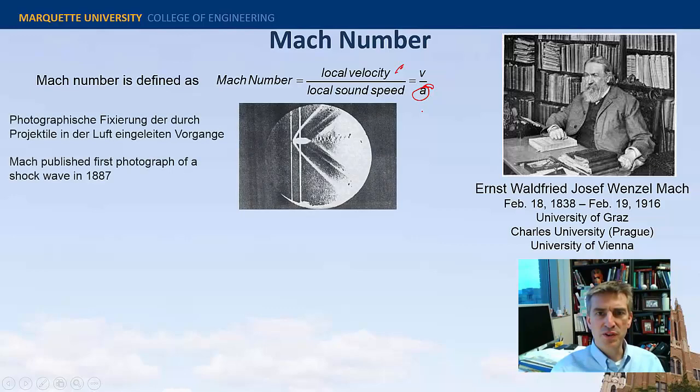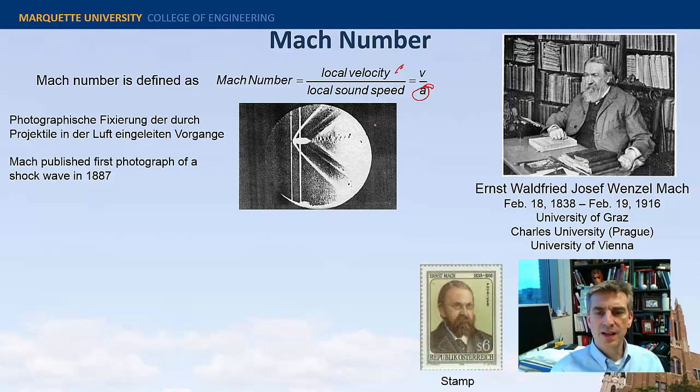Now, before we go too much further, we should credit Mach. This is the first photograph that Mach took and that anyone had ever seen. This is the first photograph showing a shock wave, in 1887. So that's pretty amazing here. There's a tripwire or something here with a bullet going by, and you can see the bow shock. You can see the turbulent wake. It's a beautiful photograph. Hey, he got a stamp named after him. I mean, that means he arrived, right?